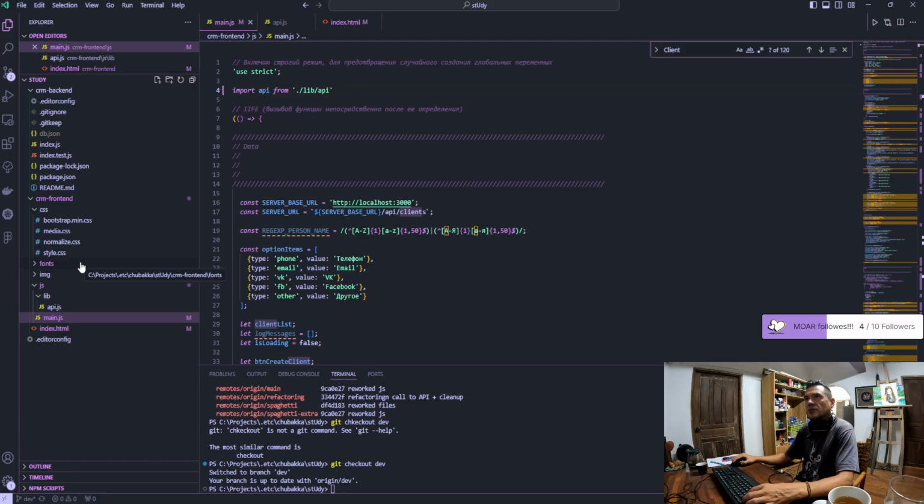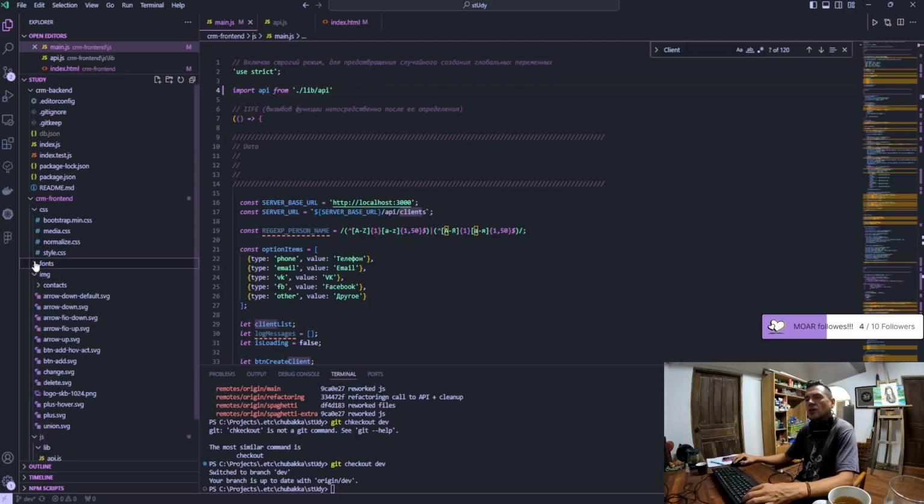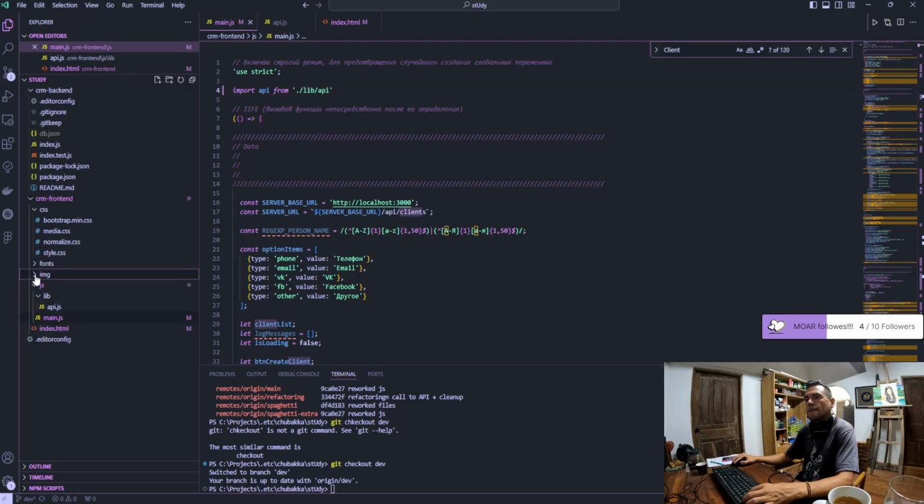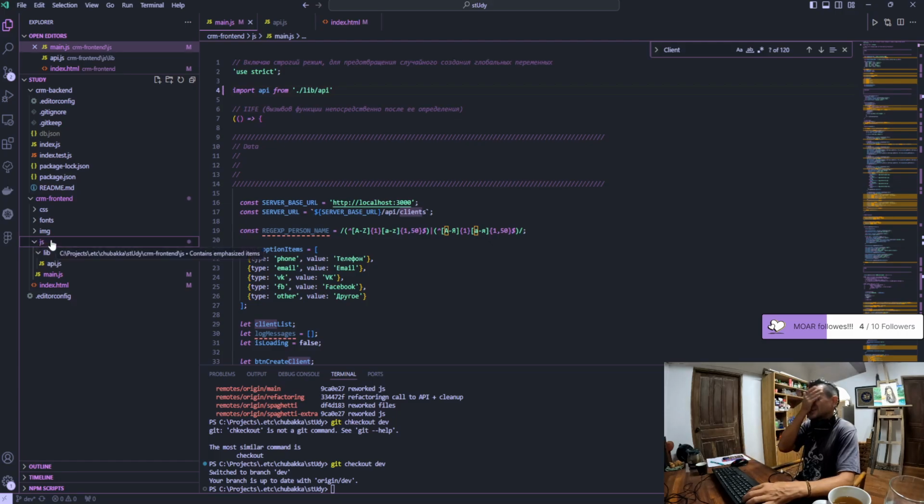If we have a request for index HTML, then all the consequent requests to lib and image and fonts should also be done through the web server. So we need some very simple web server, I think, for now, for testing, for better understanding of usage. And one more thing before we do this, I still want to check